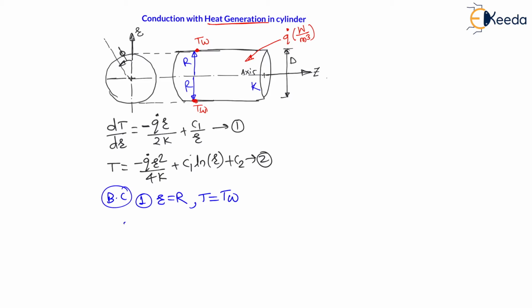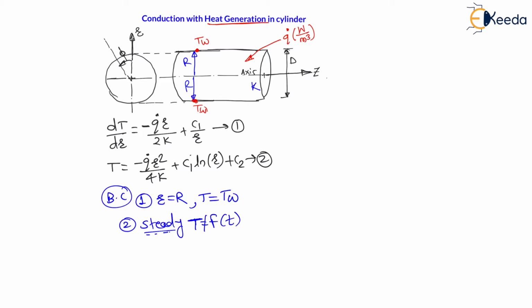My dear students, for the second boundary condition, we have mentioned that the heat transfer is steady state. For steady state, the temperature is not a function of time. That means the change in temperature with respect to time is zero. At a particular location, at any instant of time, the temperature is always constant. That means the wall temperature is always constant, or at any location inside the cylinder, the temperature at that particular location is always constant for steady state condition.